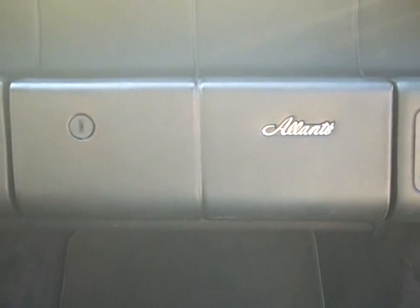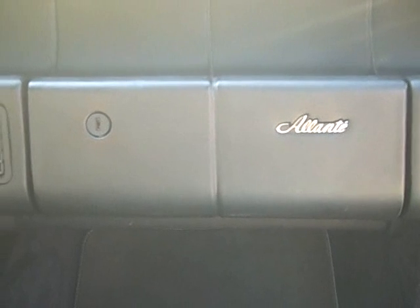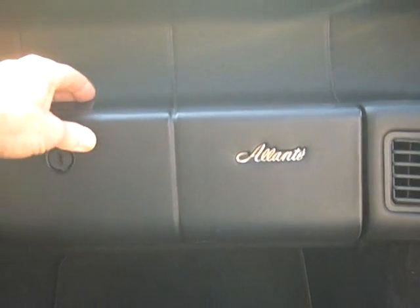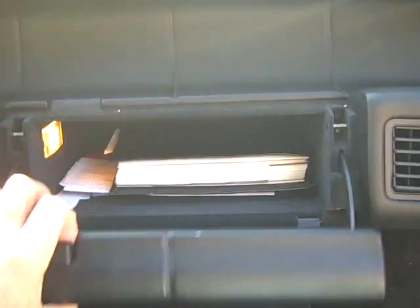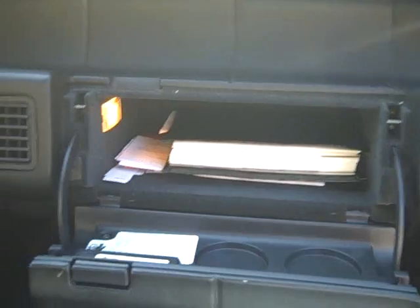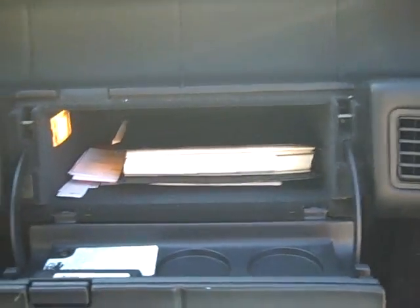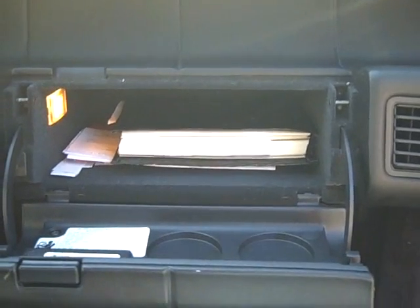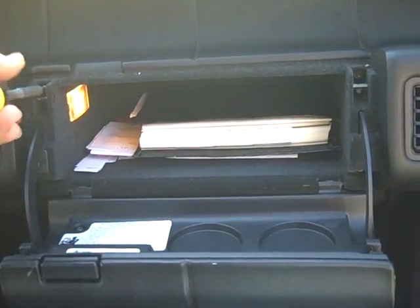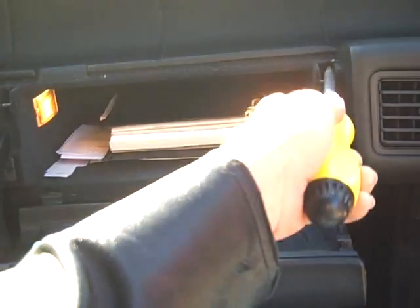But this CDM box is the brains of the system. All inputs from the vehicle go to this box first. From this box, it also goes to the control module in the dash, and then from the control module in the dash back to the CDM box, and then out to each of the separate speakers in the vehicle for amplification and sound. To remove this CDM box, we're going to open the glove box and remove 4 screws, one